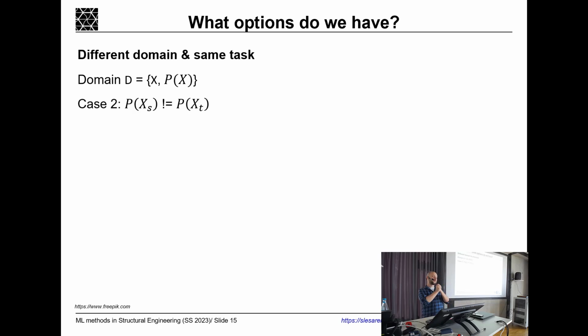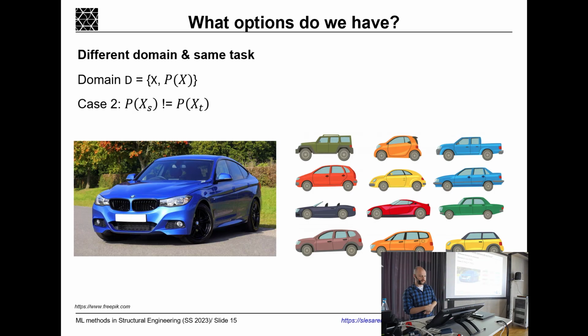The most interesting case is when we have a different distribution of the samples, and now we will see what I mean here. Imagine that you train your model on these images. It will be your source domain. You see, you have the same task: classify, let's say, what the manufacturer of this car is. BMW, yes, BMW. But you trained